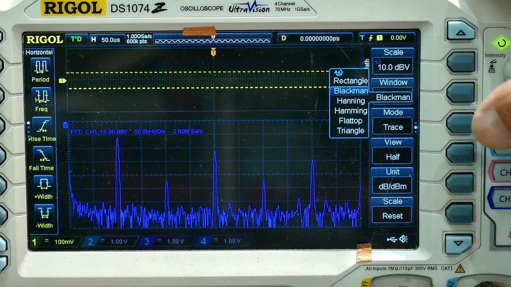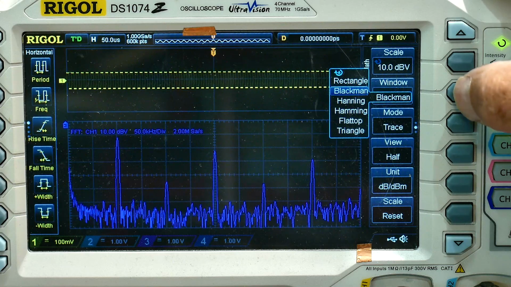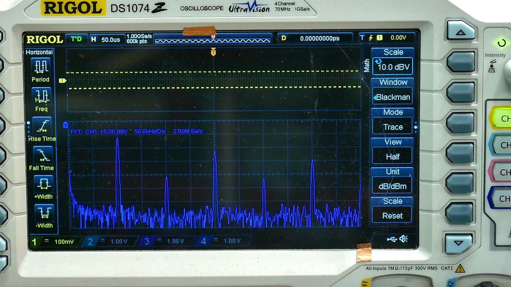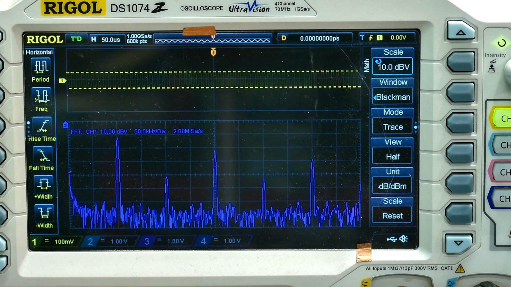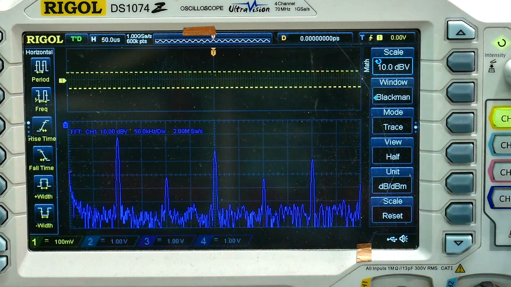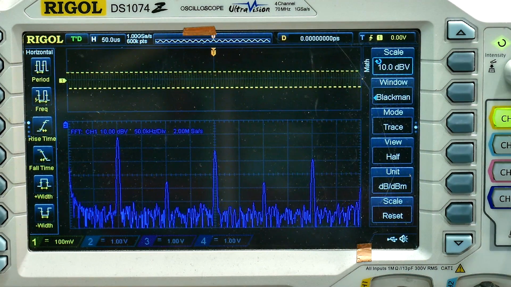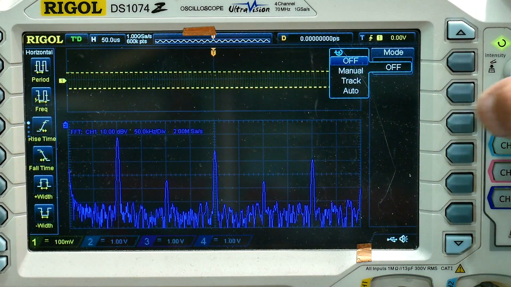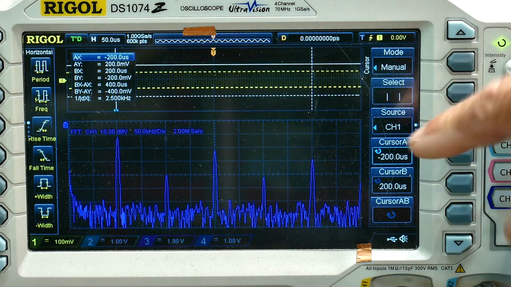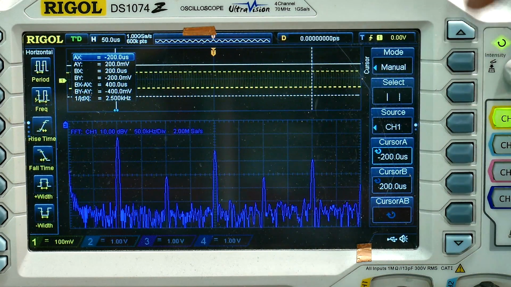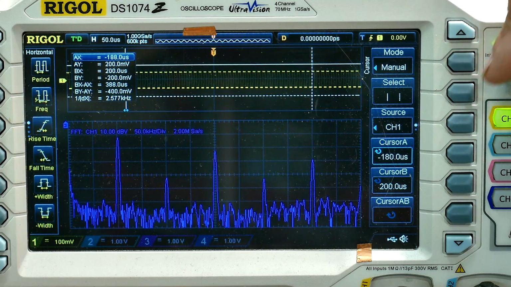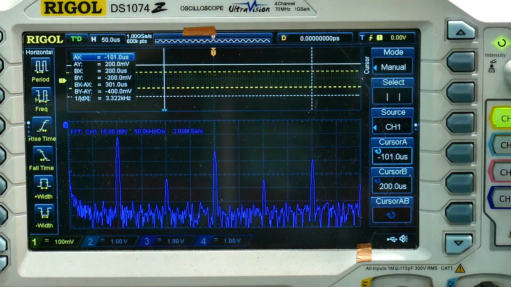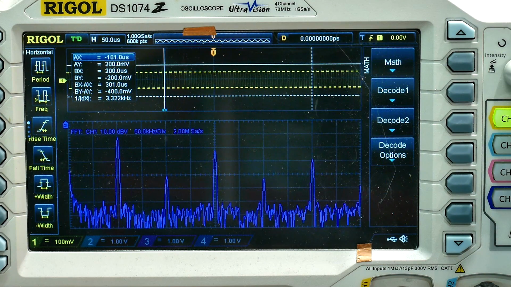So I think I want to stop here and let's see. I'll show you one more thing before we stop with the oscilloscope picture, and that is that you can use cursors. So you can go to cursors, you can turn them on, we can turn them on to manual, we can do horizontal ones, and notice that we're doing cursors up on this picture, and we want to do cursors down on this picture, so I think I need to hit the math button,